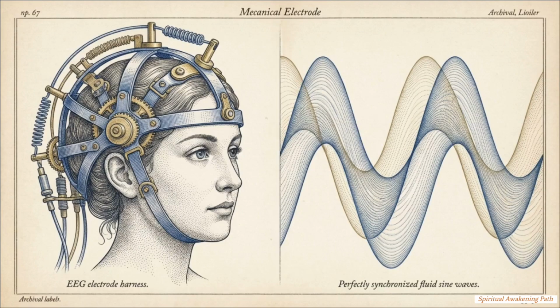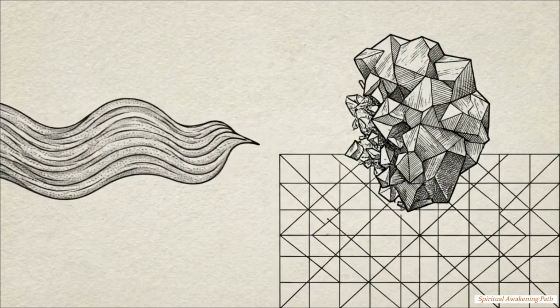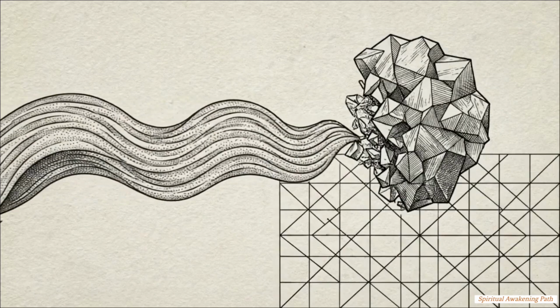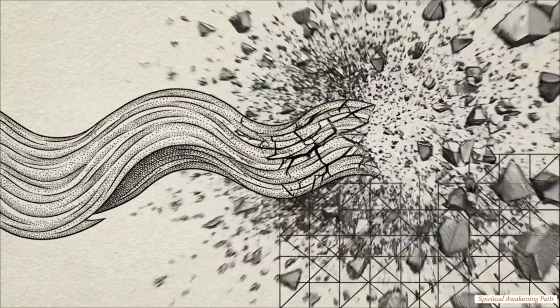A healer synchronizes their own brainwaves to the Earth's 7.8 Hz magnetic pulse. EEG, or electroencephalograph, measurements are used to monitor these brainwave rhythms. This chart shows that during the healing process, the patient's brainwaves eventually entrain to match the healer's 7.8 Hz alpha rhythm. This specific frequency acts as an alternating magnetic pulse that shatters frozen bioplasma and allows rigid templates to snap